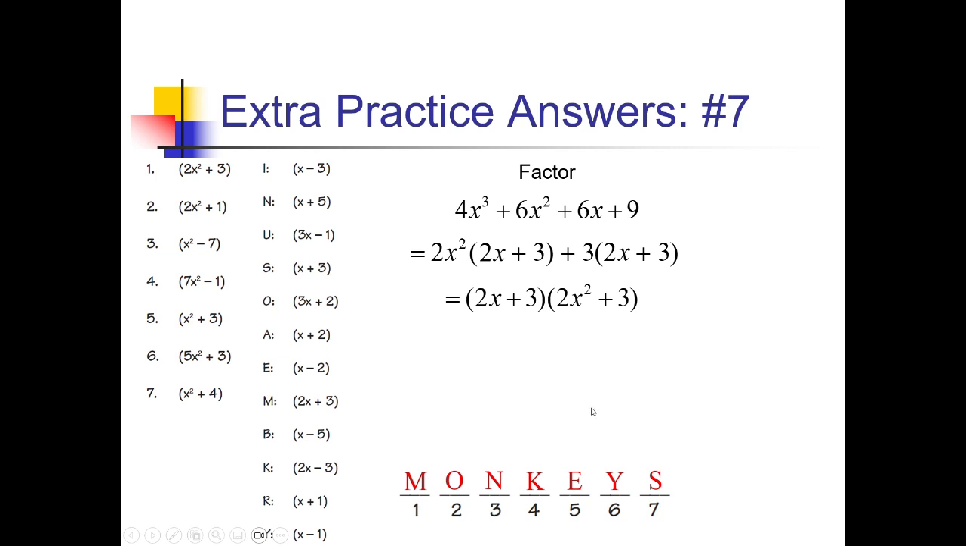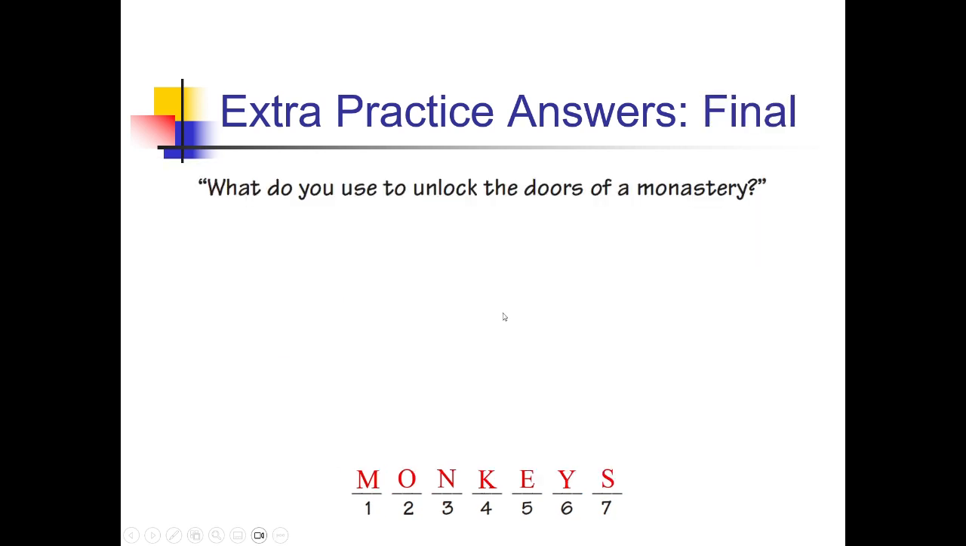And now it's time to solve the puzzle. So just to review the riddle here, we said, what do we use to unlock the doors of a monastery? Monkeys. Right? Get it? Because like a monk goes to a monastery and the keys, and anyway,